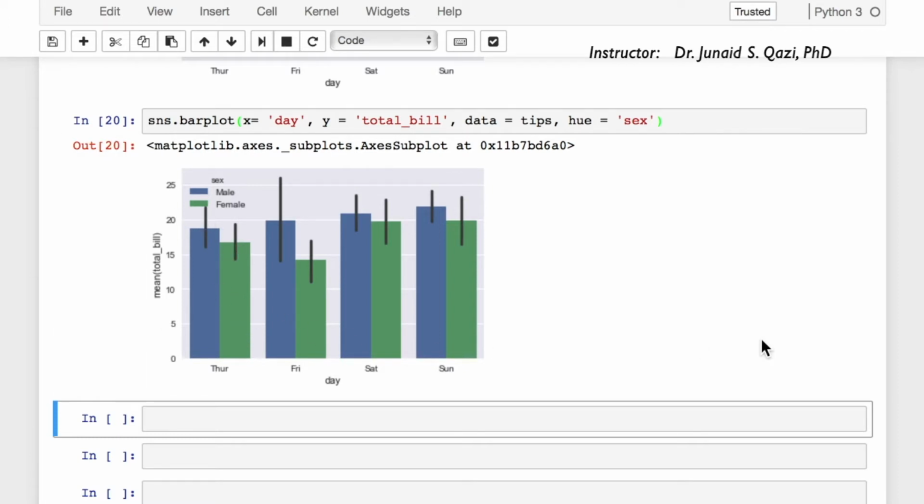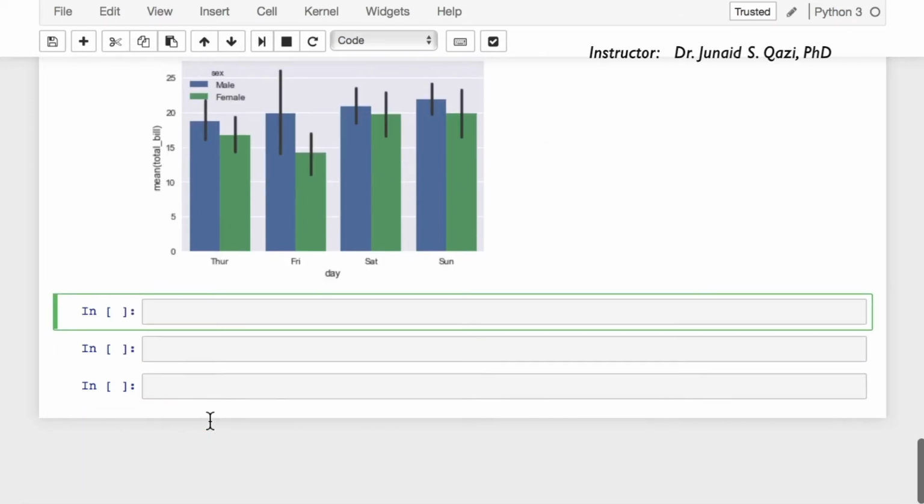We can change the estimator object to our own function. Let's say we want to use the standard deviation as our estimator for gender on each day in the week. We can use numpy.std for this purpose, or we can use our own customized function as an estimator as well. Let's try to explore which gender has more variance in the total bill on each day. So our estimator will be standard deviation for this purpose. So let's import numpy